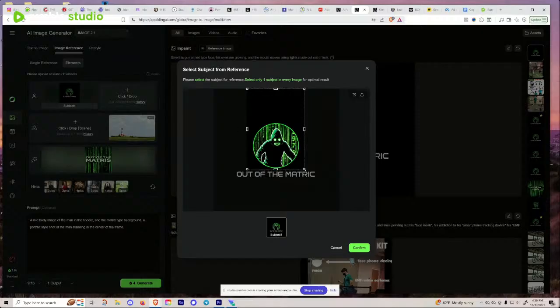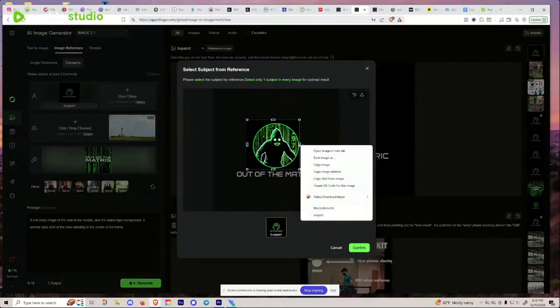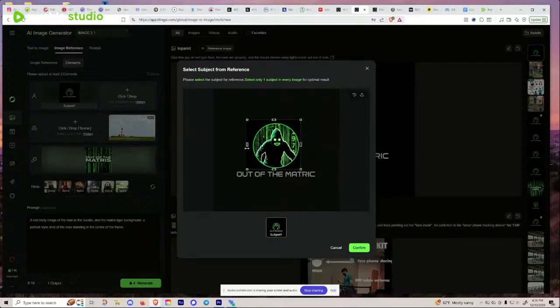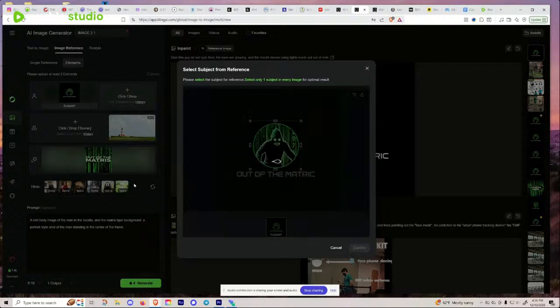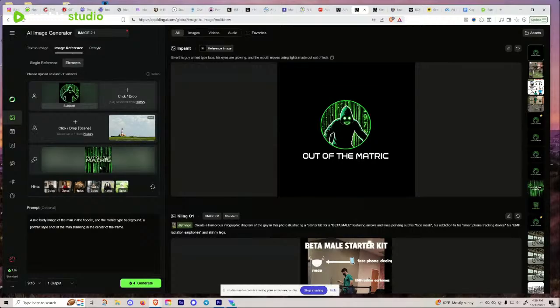So what I'm thinking is it's just going to create this guy standing here with the glowing eyes and stuff. Hopefully it'll remove that circle and that stuff, and then basically just give us what we're looking for with the character in the background here. And reference this stuff. And I don't know what it's going to do with the text, so I'm kind of worried about that, but we could try one and just see what happens.